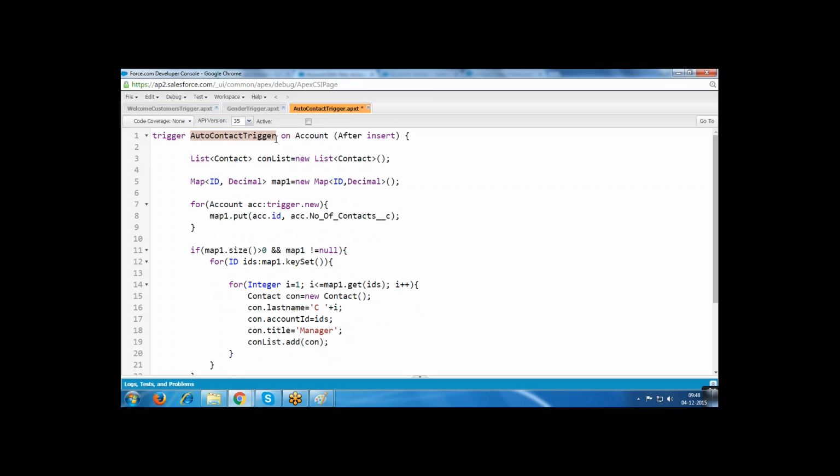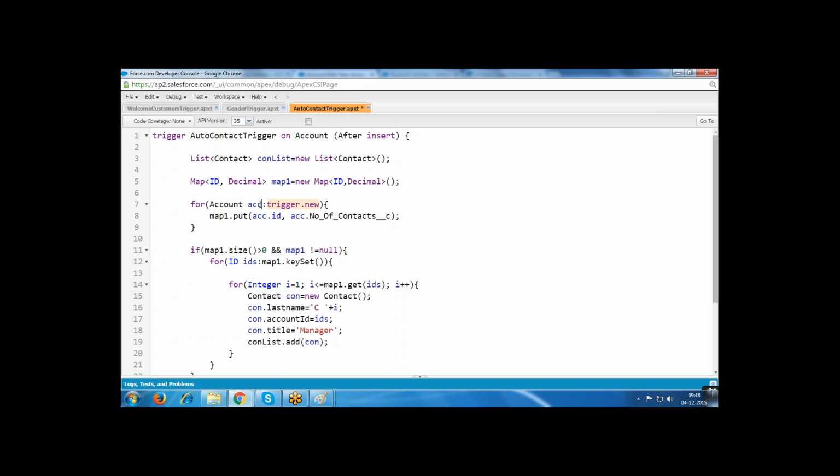Auto contact trigger on the account object, after insert of the account record. I created one map, of type ID and decimal. Whenever we create one account record, the account record is stored in Trigger.new.